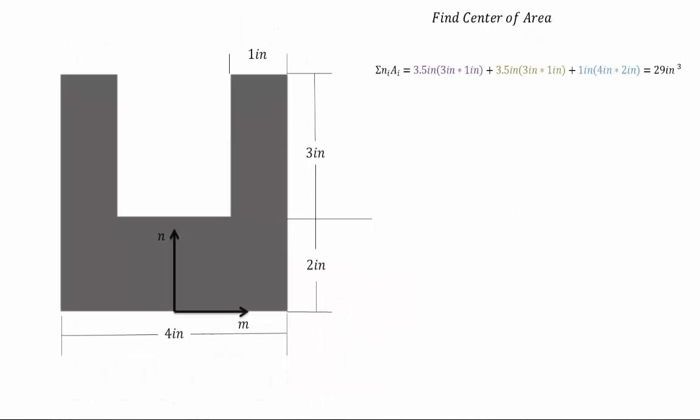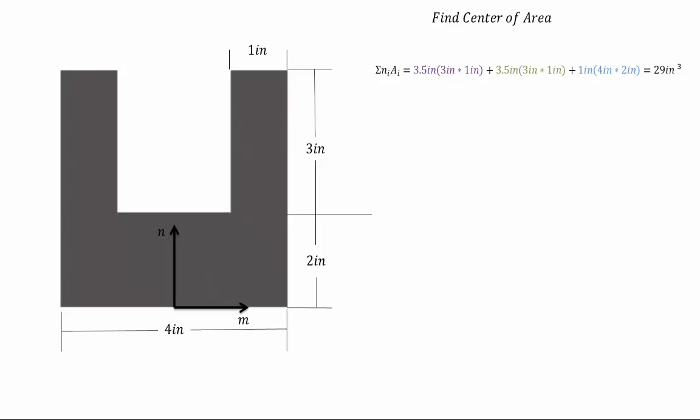The first thing we need to do is find the center of area of our cross-section. As you can see here, we've placed a coordinate axis with n as the vertical axis and m as the horizontal axis. We're going to find the sum of NiAi, or the sum of each area multiplied by its distance from an axis. Now, we are not going to do this for the n-axis because due to symmetry, we know that the center of area will be in the center of the shape from left to right. However, we don't know where the center of area is from top to bottom, so we're going to sum about